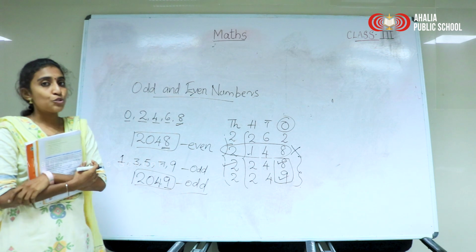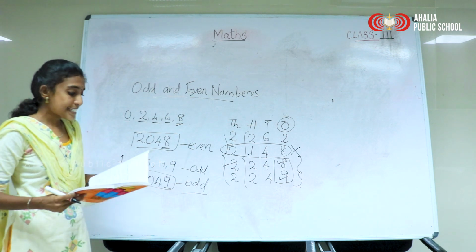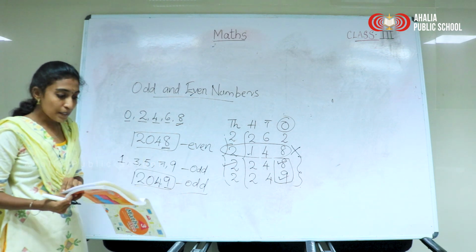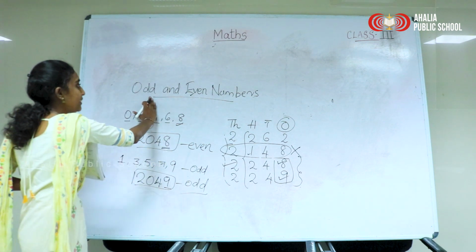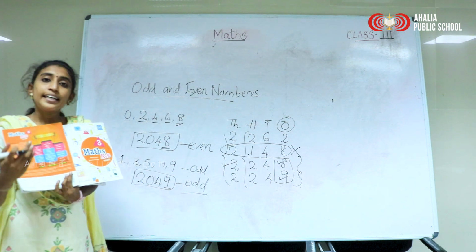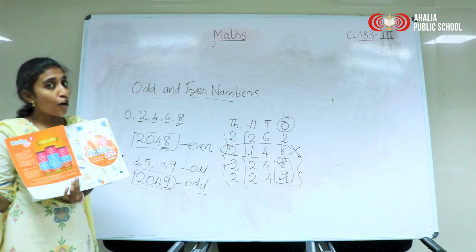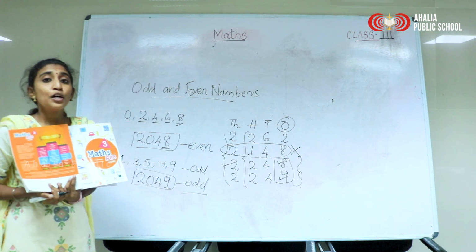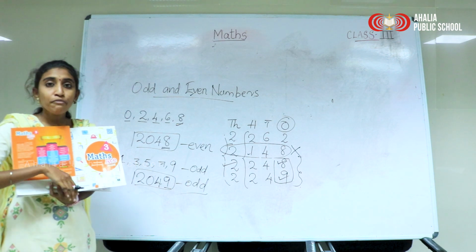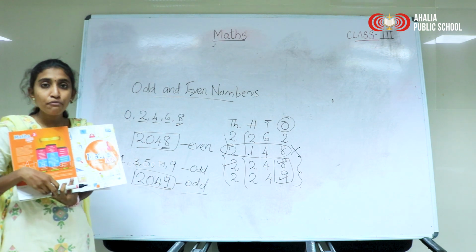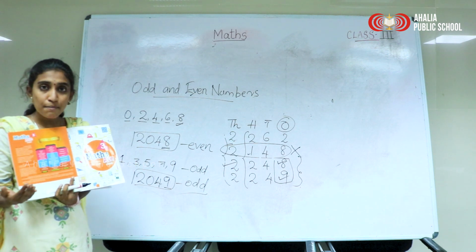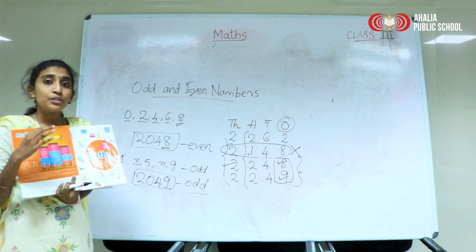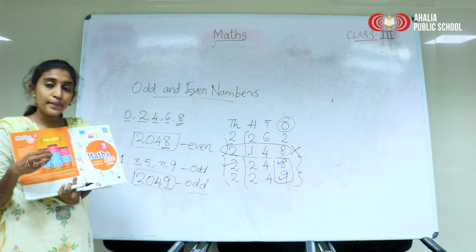Okay children. So today we have learned ascending order, descending order, forming greatest and smallest numbers, and then odd and even numbers. In ascending, descending and forming greatest and smallest numbers, we used the concept of comparing numbers by place values. We can see more and more examples in interactive sessions so that you can get a clear picture of this topic even more.